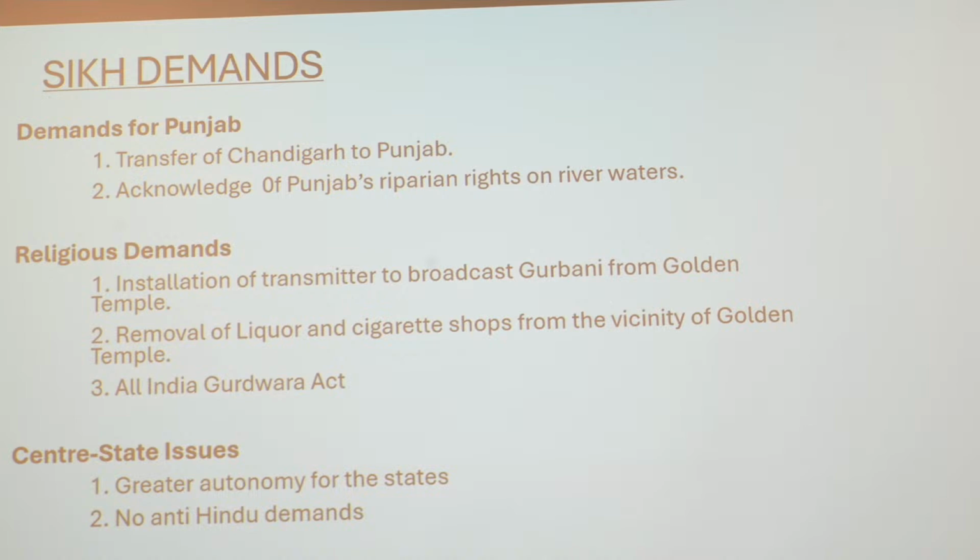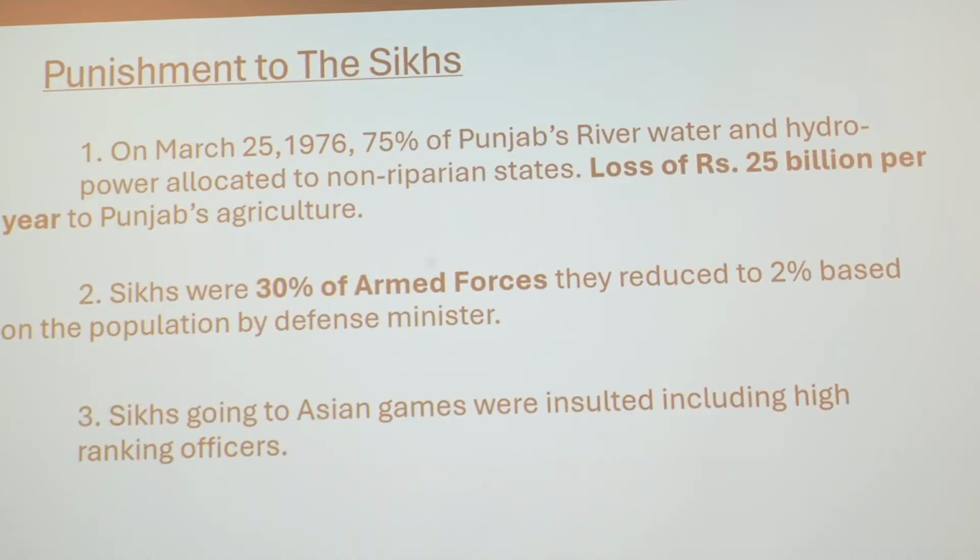Then there were religious demands, which were installation of a transmitter to broadcast Gurbani from Golden Temple. Very simple. Removal of liquor and cigarette shops from the vicinity of Golden Temple, and an All India Gurdwara Act. Then there were center-state issues, greater autonomy for states, and no anti-Hindu demands. So number 3, the center-state issues, were covered in the